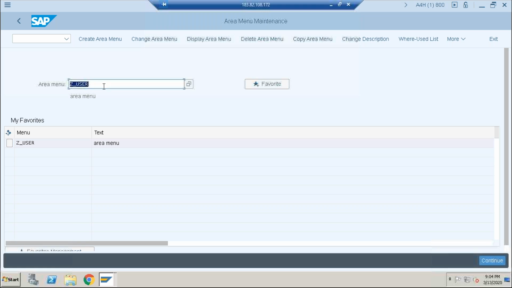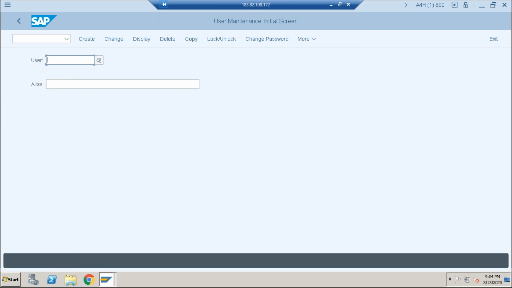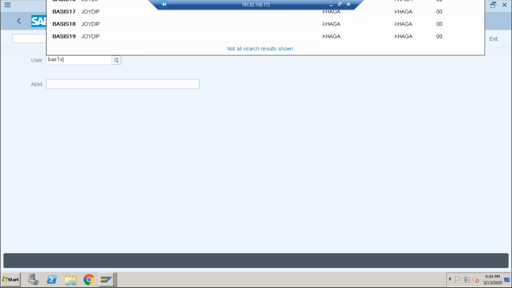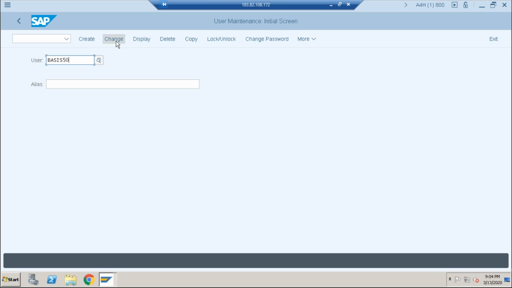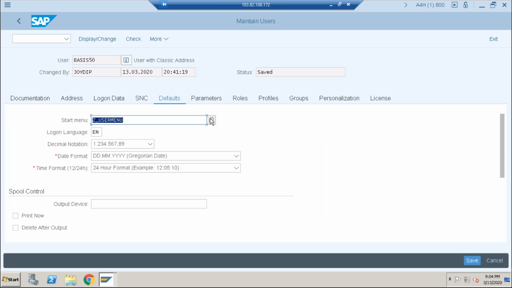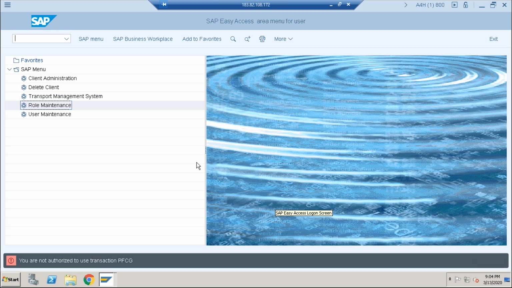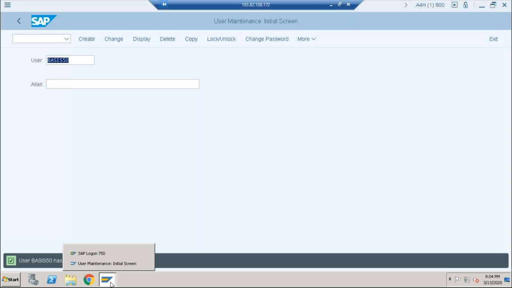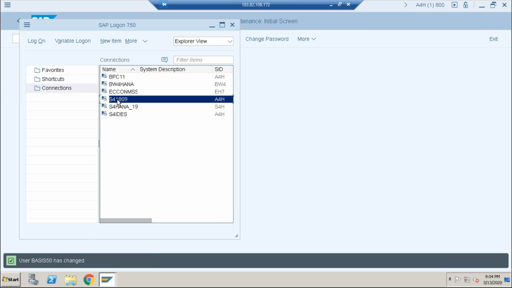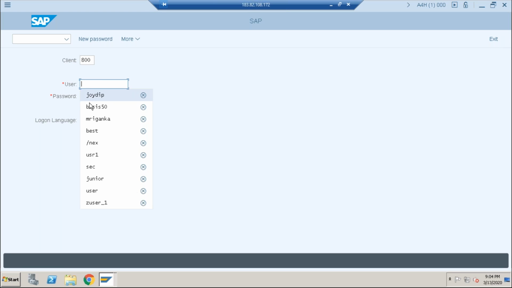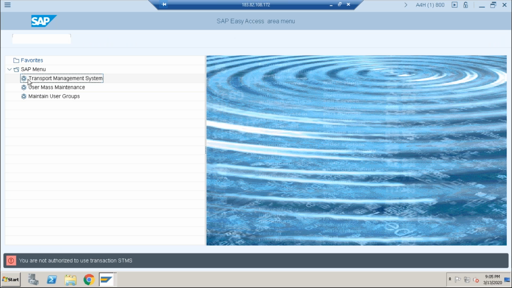So if I provide this area menu to the basis user... change. Still, that is working.